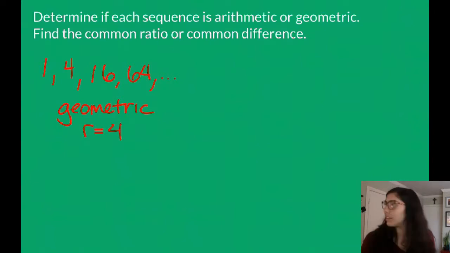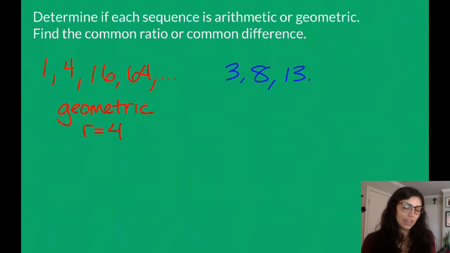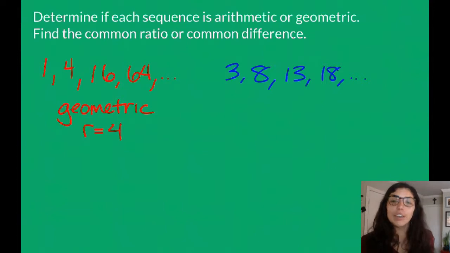The second sequence to try today is 3, 8, 13, 18, and on and on. Okay, I always suggest trying to see if it's an arithmetic sequence first because it's generally easier. So let's try to add or subtract some numbers. To get from 3 to 8, I'm going to need to add 5 each time. So 3 plus 5